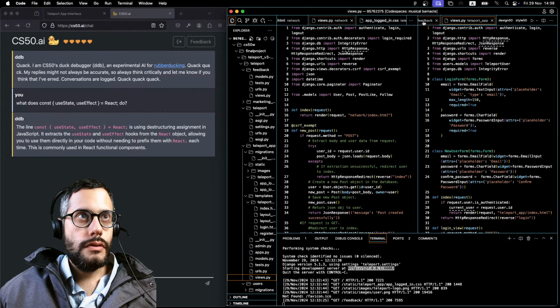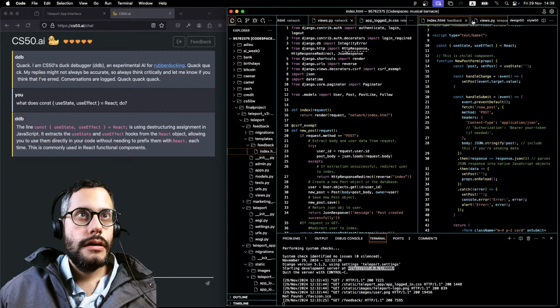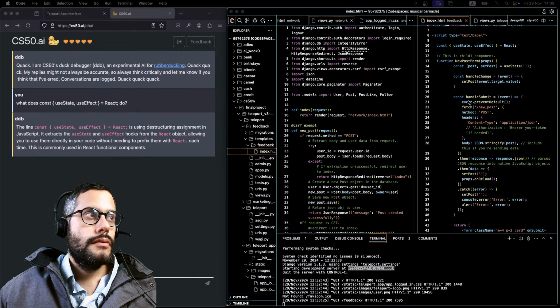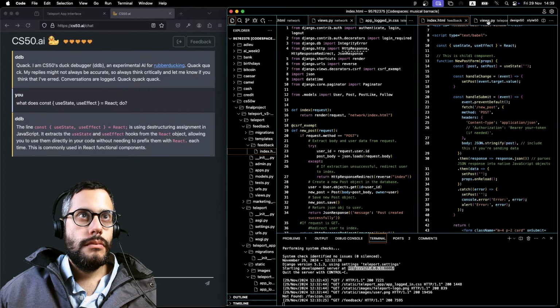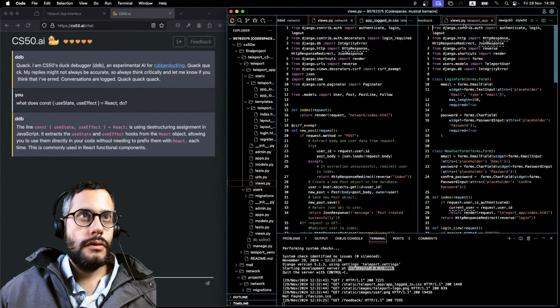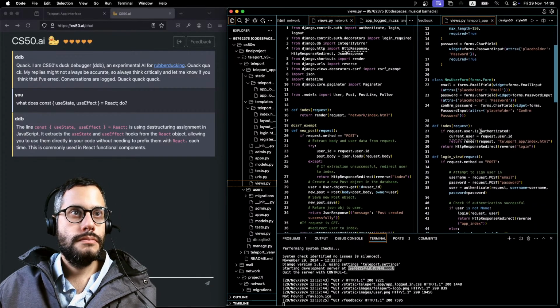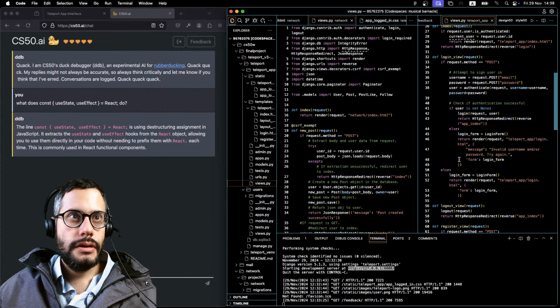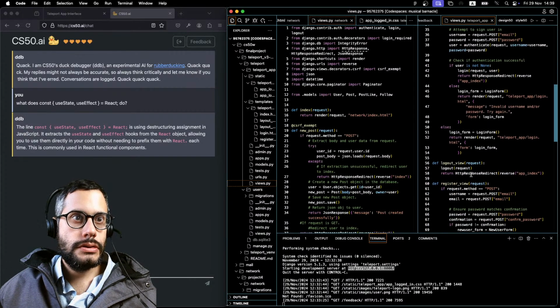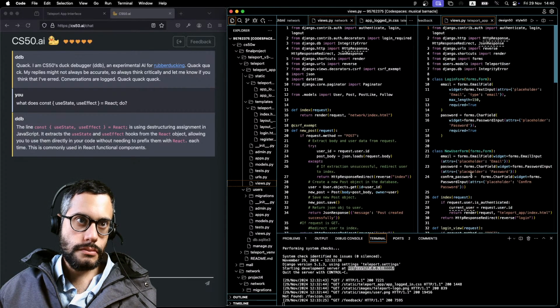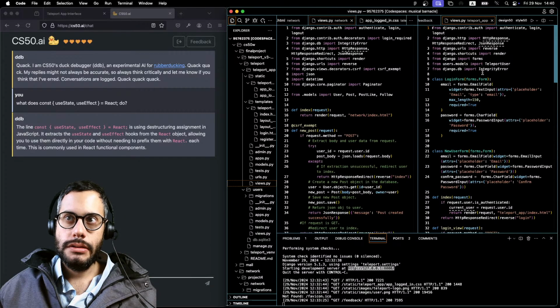Here my views, feedback. So here's my views. Login view, logout view, register view. So here I've only just implemented